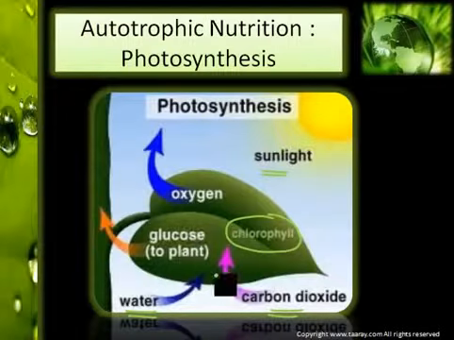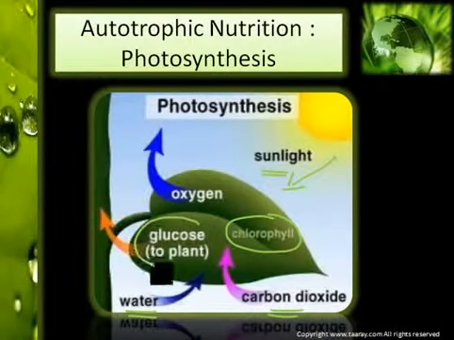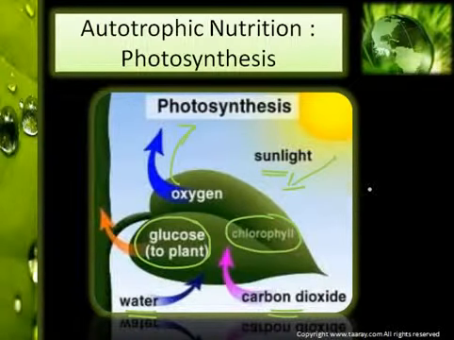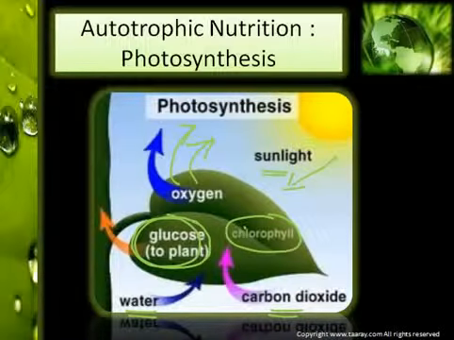So here, with the help of these three components, sunlight, carbon dioxide and water, in the presence of chlorophyll and sunlight, plants make their own food, and that food is glucose. Oxygen is released into the atmosphere. So the photosynthesis process is this: sunlight, carbon dioxide and water combine, and the plant makes food, that is glucose, in the presence of chlorophyll and gives out oxygen. Like this, with the help of photosynthesis, plants make their own food.